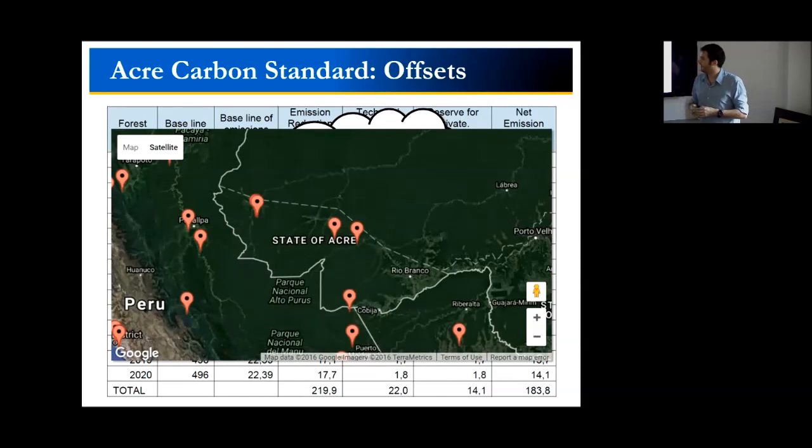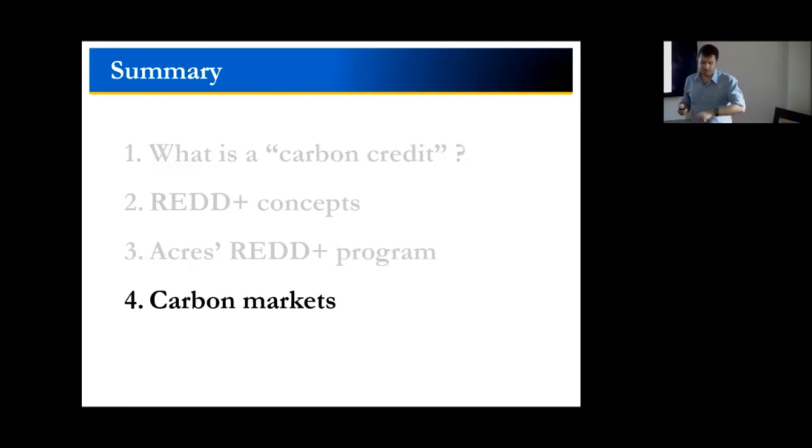And another problem, this is a map of the REDD projects that are already going on in the state of Acre. Okay, so here we have 4, I know that there's another one there. The amount of offsets that those projects have generated and sold is already more than this amount that the state of Acre is saying it will allocate to the projects. So now we need to fix this. We need to somehow insert those projects into this Acre REDD program. Okay. All right. And that's it for the Acre